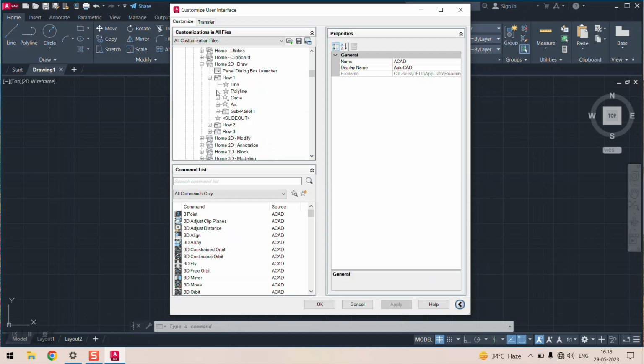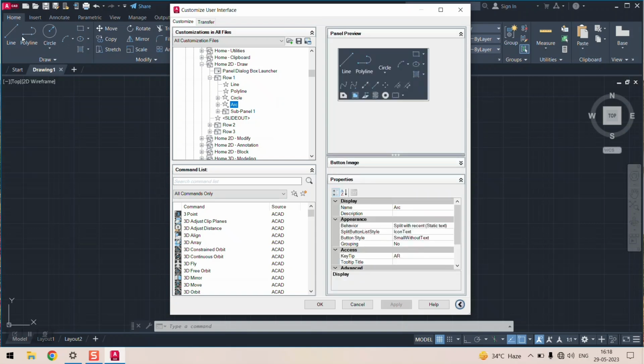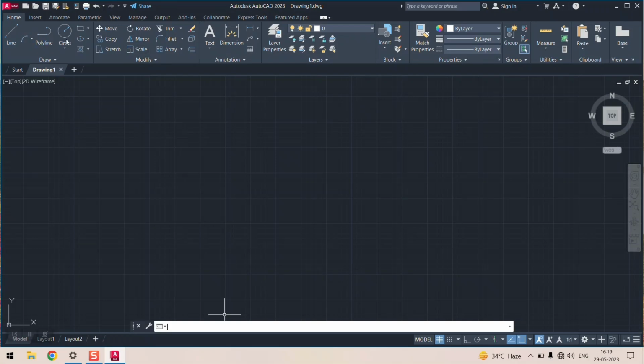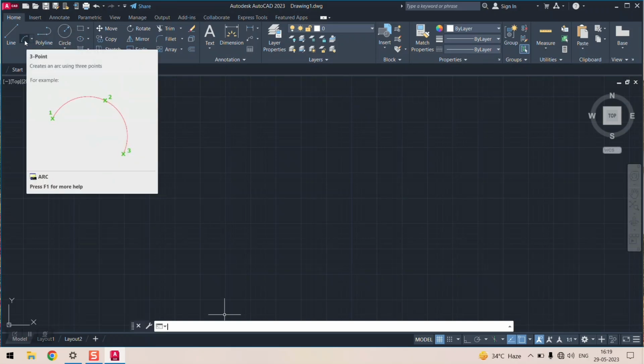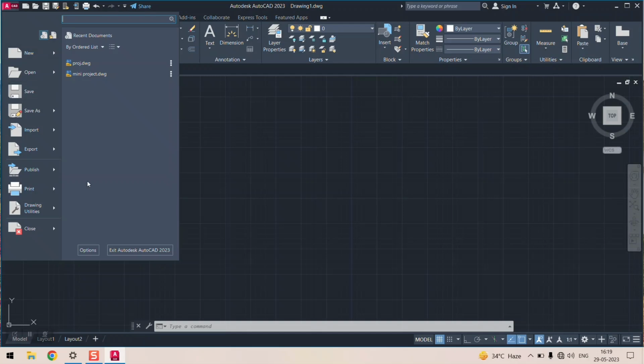This is your Row 1, and I just want to move this arc icon from this location to just in front of the line. So you just have to select this, left click it, take it to this location, apply, and okay. You will see that your arc portion is completely moved to this location. This is a customized user interface. So in this way you can customize your user interface with the help of